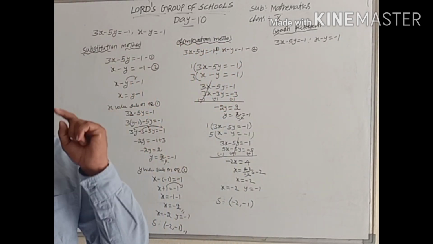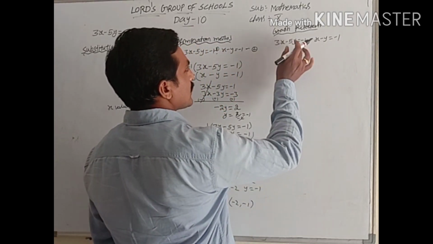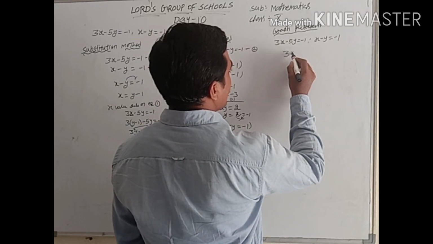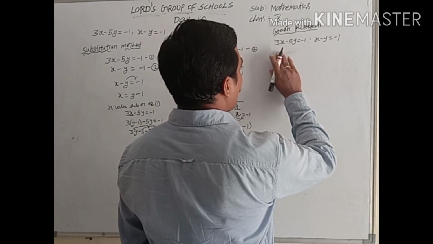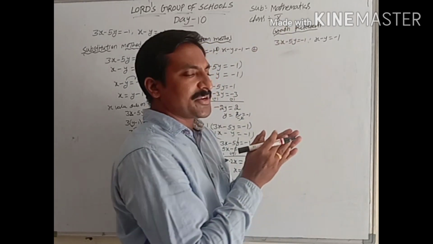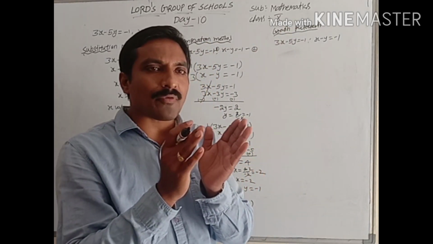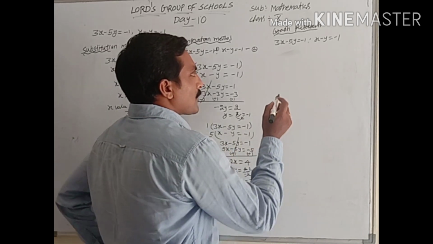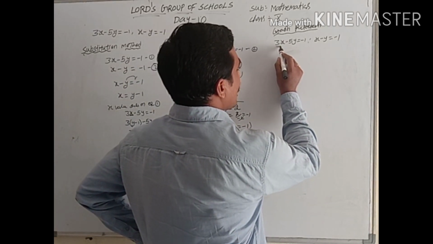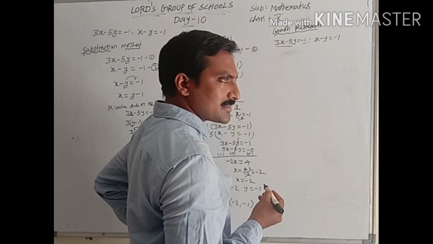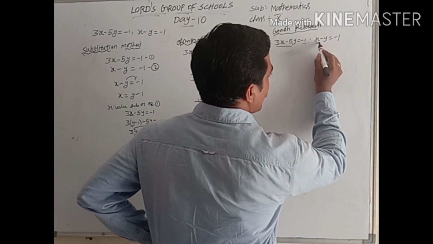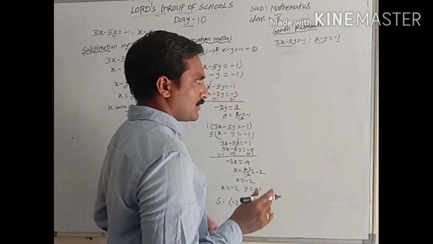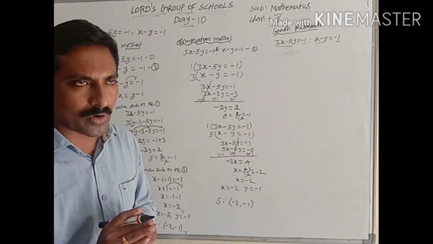Now you have to select one equation. Now we'll select this equation, 3x minus 5y. Before that, in a graphical representation, you have to find out what type of lines we will get. How to find? You have to observe that in the two equations, variables are on one side and the constant value on the other side. In the second equation also the variables are on one side and the constant on the other side. So both are in the same model only.